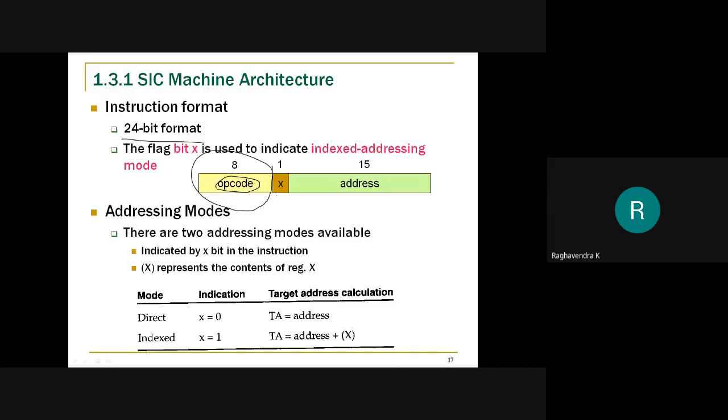What is an opcode? Opcode is short for operation code. Okay, opcode is short for operation code. So why do you require an operation code? See, I want to perform operations on my computer system. Now, what type of operations I want to perform, right? So basically, I'm using computer system to perform calculations. So, for example, I might perform arithmetic operations. I might perform memory operations, right? So, if I'm performing arithmetic operation, then I might want to perform addition, or I might want to perform subtraction, or I might want to perform division, etc.